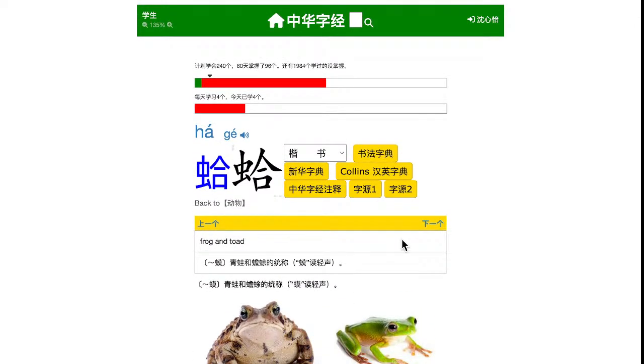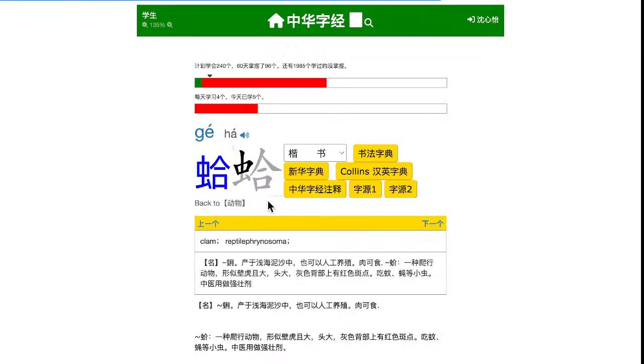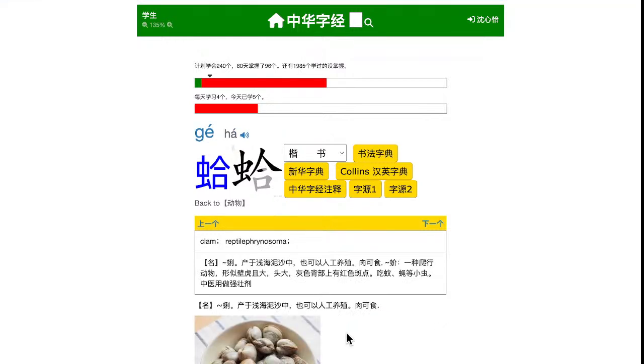蛤. Okay, it's very rare to use just one single character 蛤 to represent a 蛤蟆. Basically, these two characters are used together. Now 蛤 has another meaning, another pronunciation, I should say. This is pronounced differently, and this is also referred to an animal, but an animal in the water. 蛤蜊,